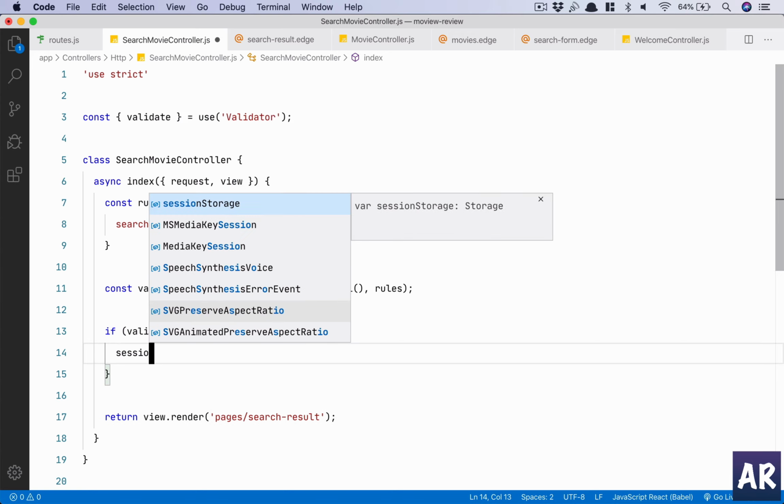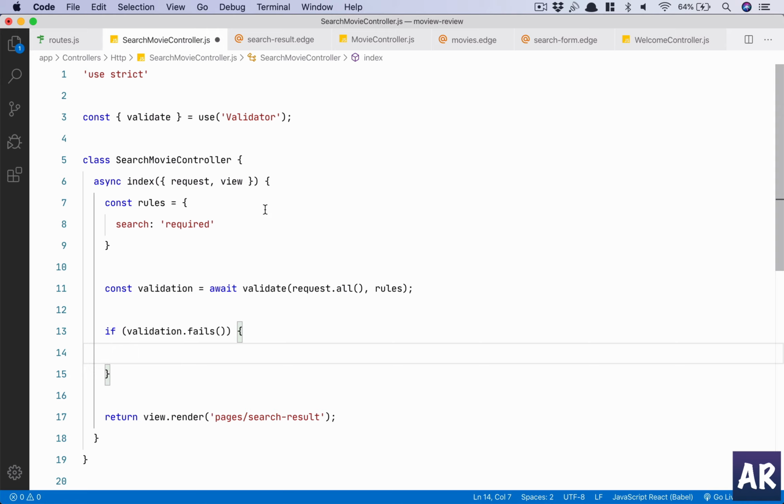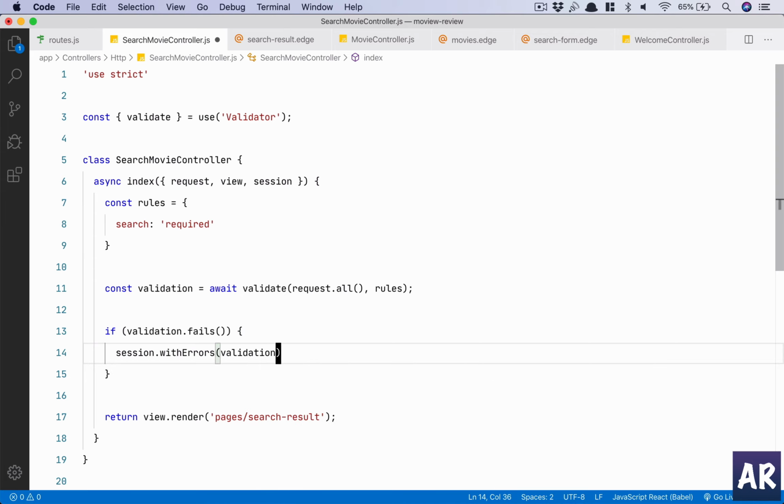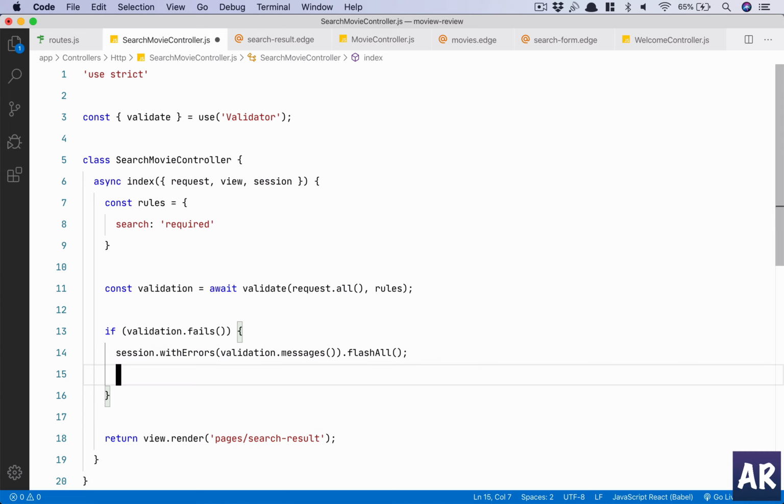For that, we will first import the session. Okay, so session with errors, which will have validation.messages, and I think we need to flash, if I'm not wrong, flash all. Let's keep it like this. Okay, we'll see. And return